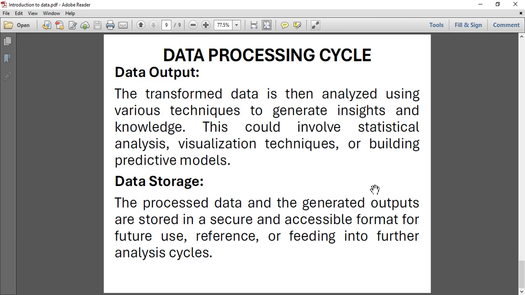So you have to store it in a way that you can refer back, and the data should be in an accessible format. Don't just keep it whereby people cannot access it. No, keep it where people can access it easily. Let's say you are keeping a video that is not processed, a video that has a lot of noise or whatever. No, keep it in a way that anyone can be able to access it at any time.